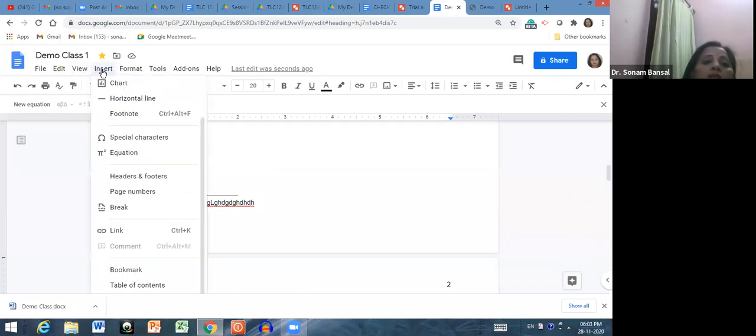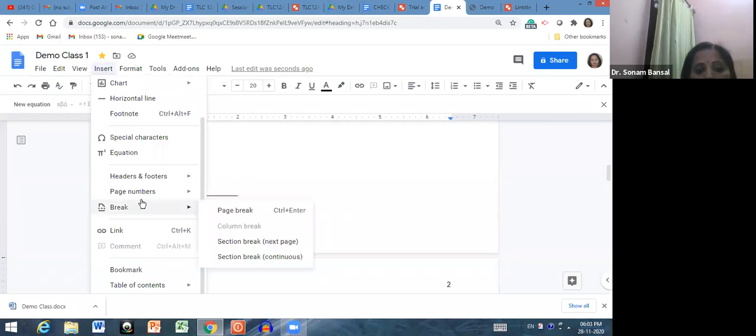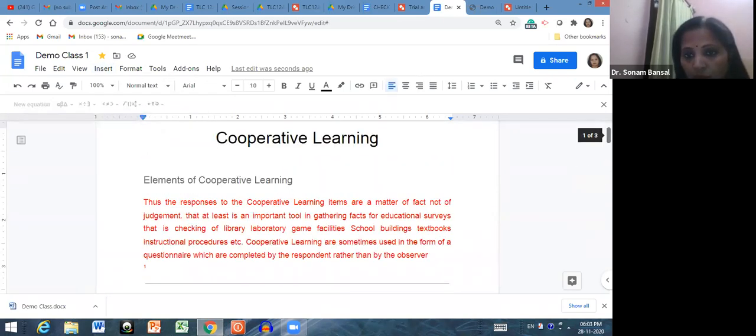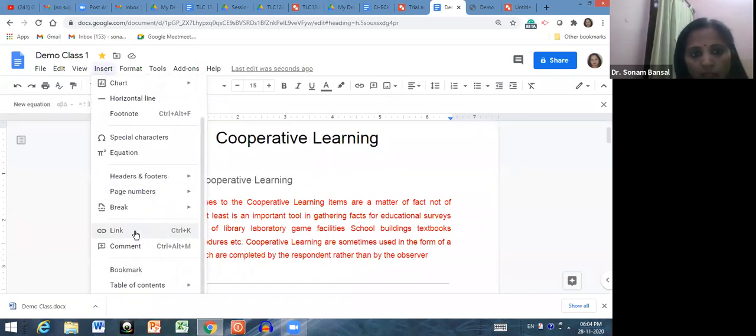You can insert a number of pages in between you want to add. If you want to break the section, then you can do that. And if there are 2 sections that are already broken and you want to continue that, then you can click here. Now, a very beautiful feature of this. Let me just go to insert, click on link.